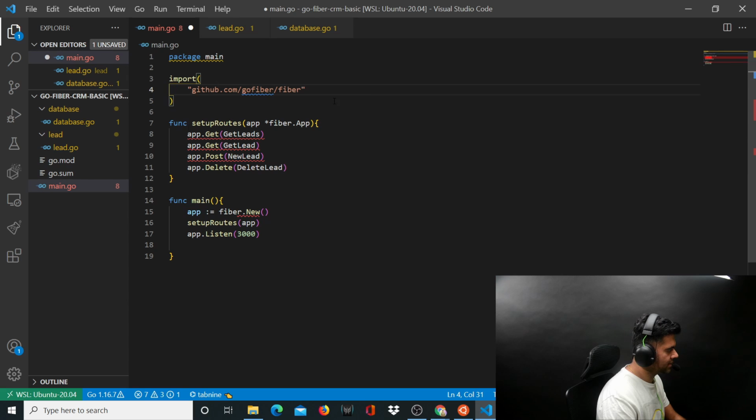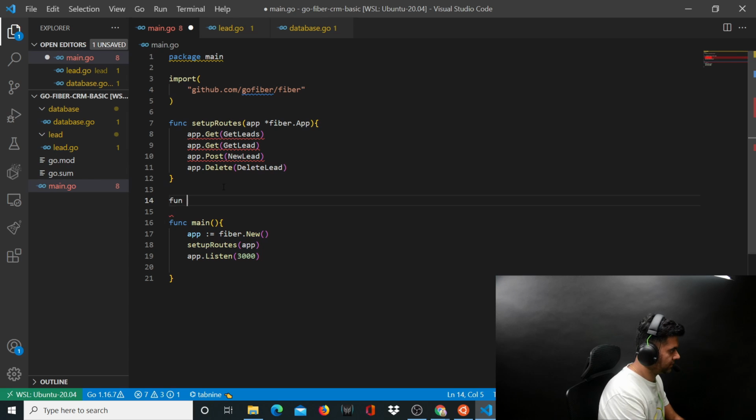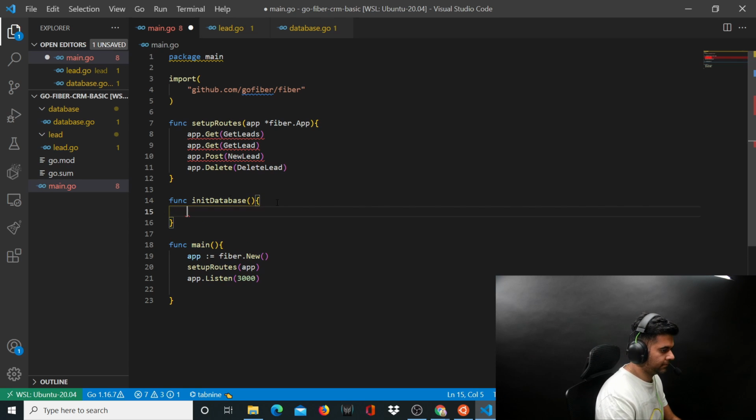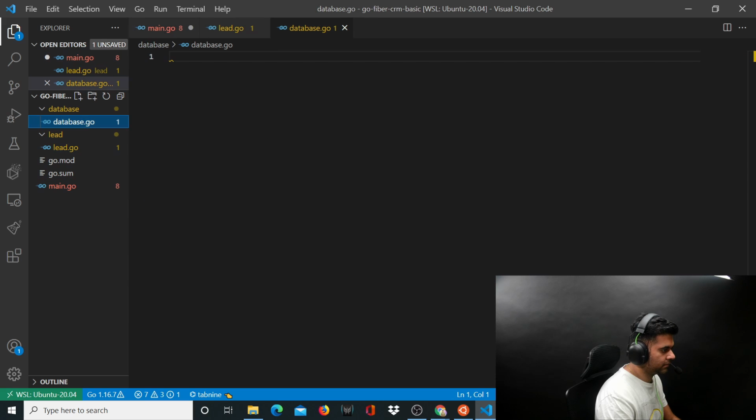But what I'll do is I'll just define the database first, and then I'll come here and then we'll connect to the database. Now, you want to create a function here called init database. Okay, and you want to go to database.go,